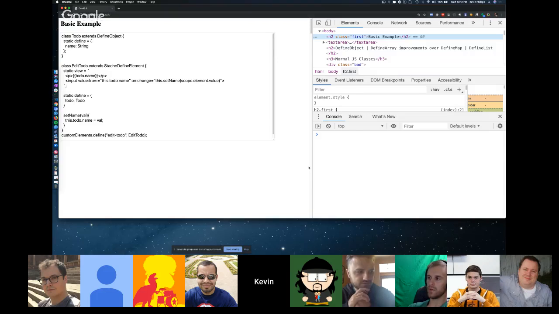Well, I think related to that is the consideration that we call it StacheDefineElement, and I guess it could be stash observable element. We can talk about the element name. A lot of people might be wondering, why didn't we call it CanElement or stash element? And that was because we want to leave